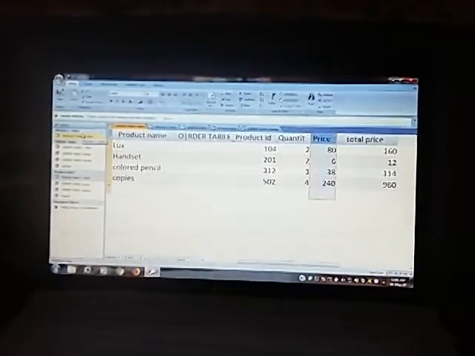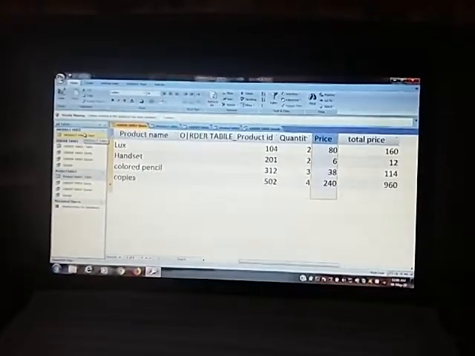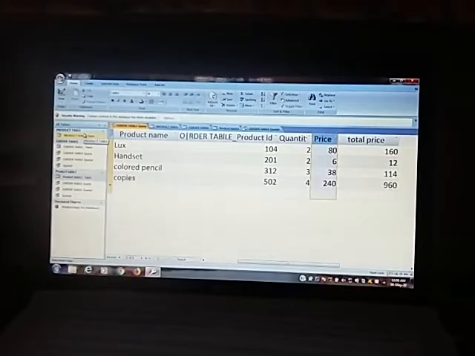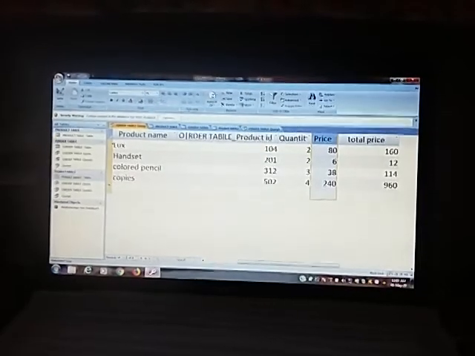Now, second is how to use an expression. An expression is a combination of a function, field name, number, text and operator. Through an expression we can find out, for example, the minimum or maximum value.